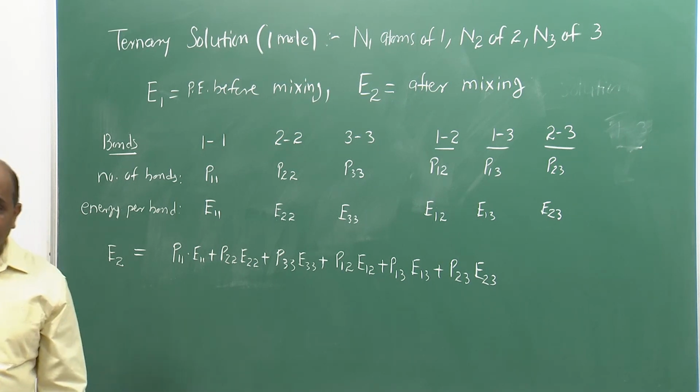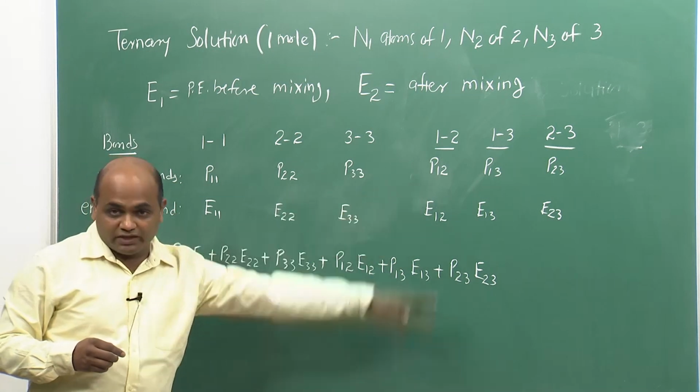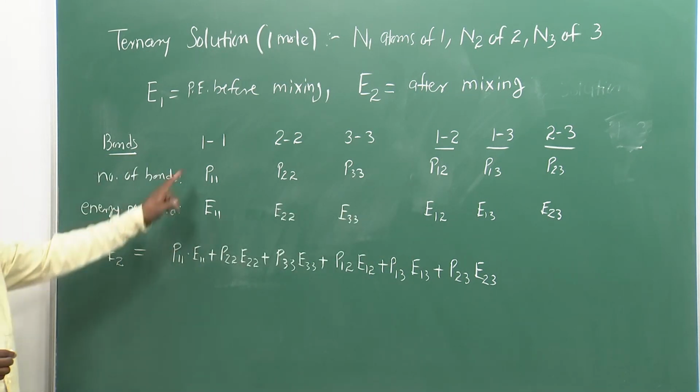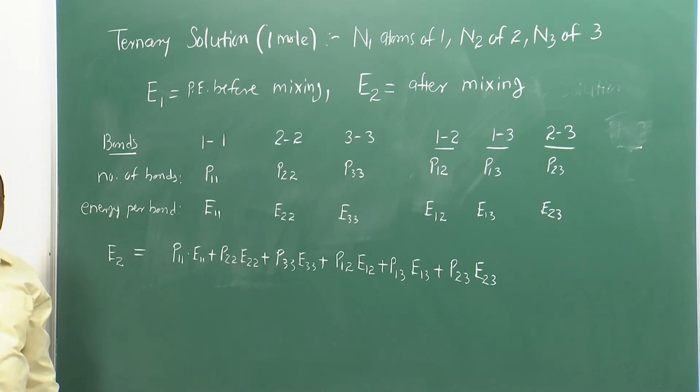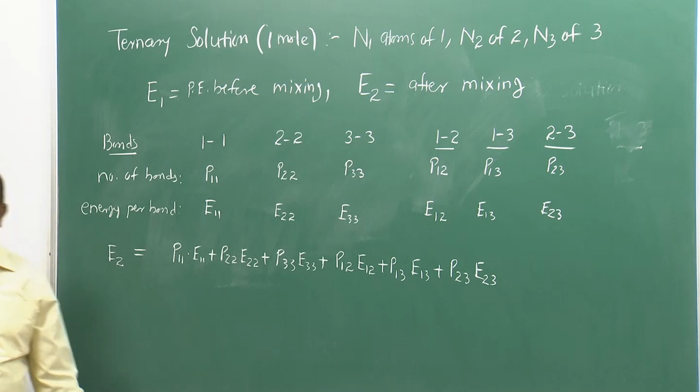And what will be the energy before mixing? Before mixing, there will be no dissimilar bonds, right. So, only 1-1, 2-2 and 3-3 bonds, and their numbers will be obviously different. So, let us assume they are P11 prime, P22 prime and P33 prime. In that case,